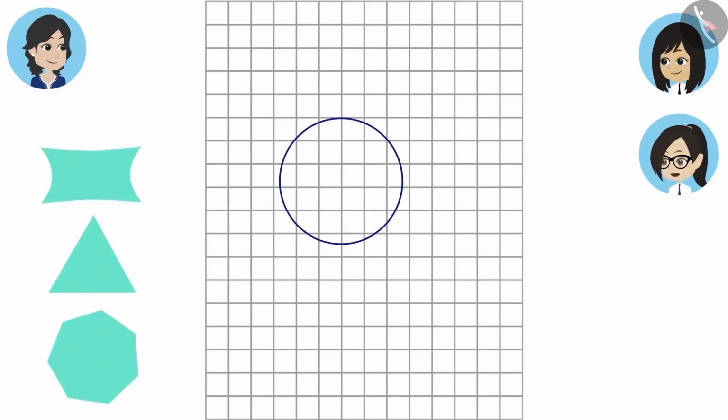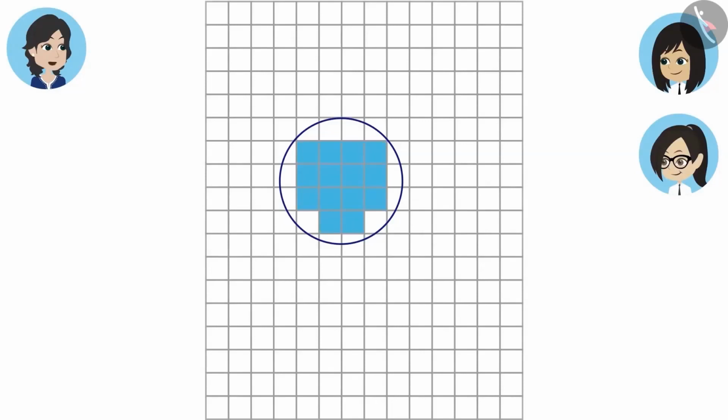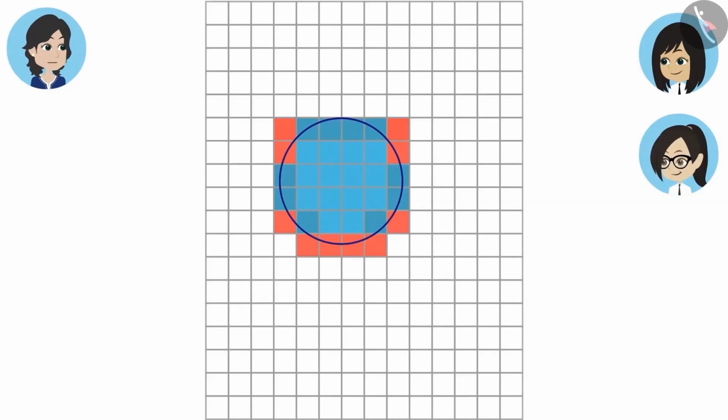Measuring them is not easy. That is why they are called difficult shapes. But madam, how do we measure it then? There is a rule for this. The squares which are completely covered by the shape are counted as it is. The squares which are covered in half and which are covered more than half are also counted as full squares. And the squares which are covered less than half are not counted at all. By doing so, we don't get the correct measurement of the shape, but an approximate value.